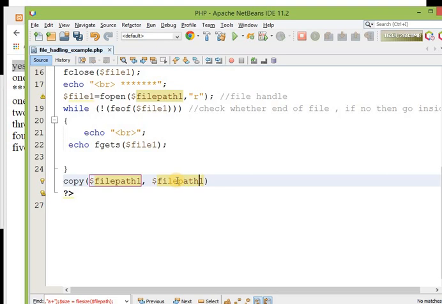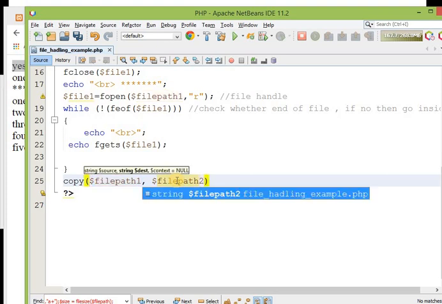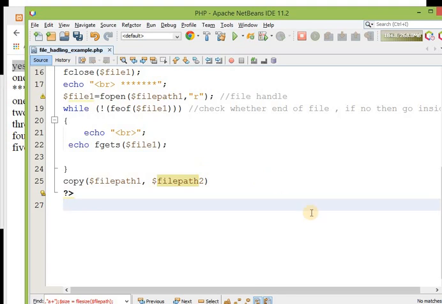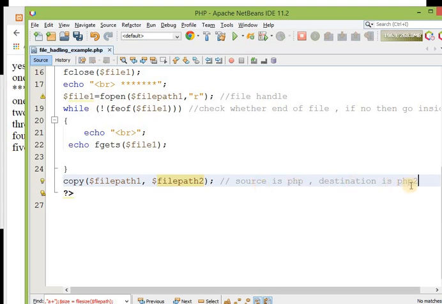The source is php and the destination is php2, so the content of php is going to be copied to php2.